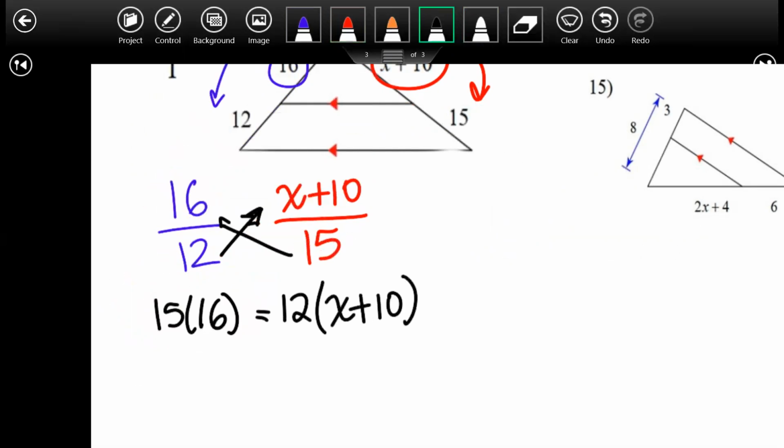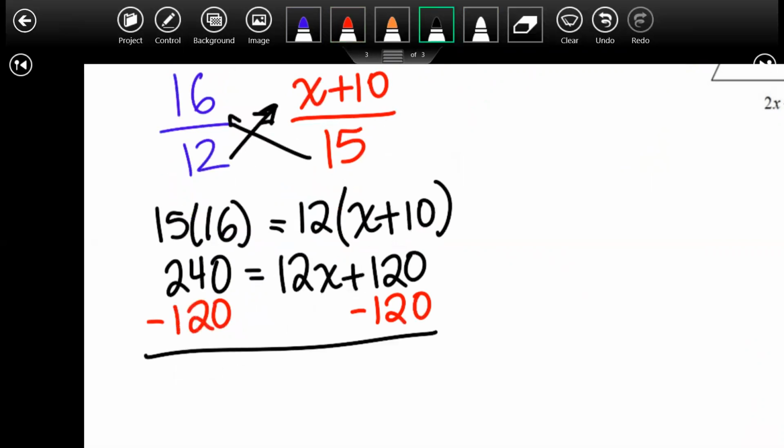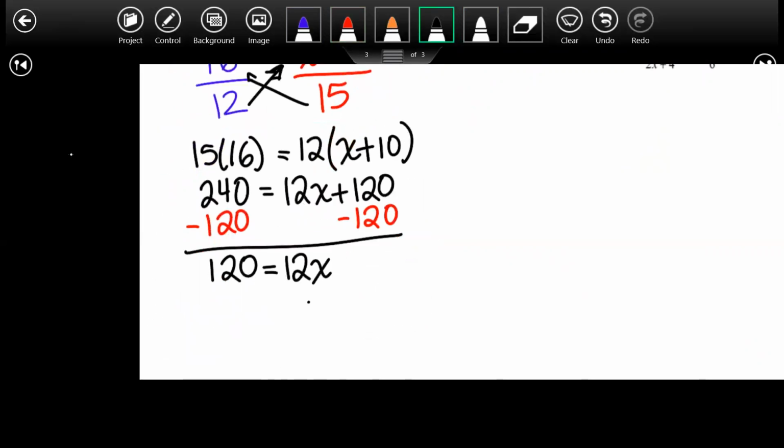Again, I'm just kind of showing all steps. You can automatically jump into it. I'm just showing it for the students that need help. Solving this out, subtract 120. 120 is equal to 12x. Dividing both sides, x will be equal to